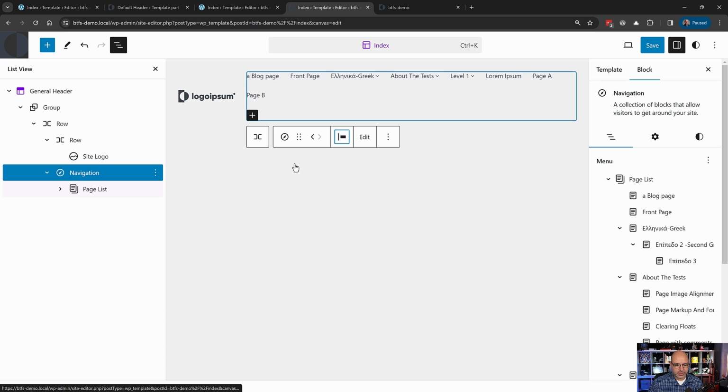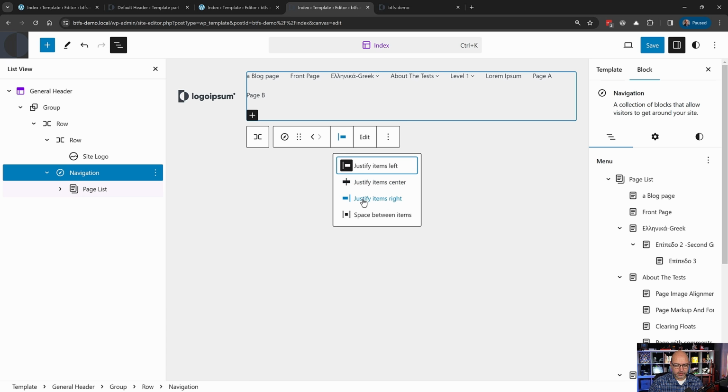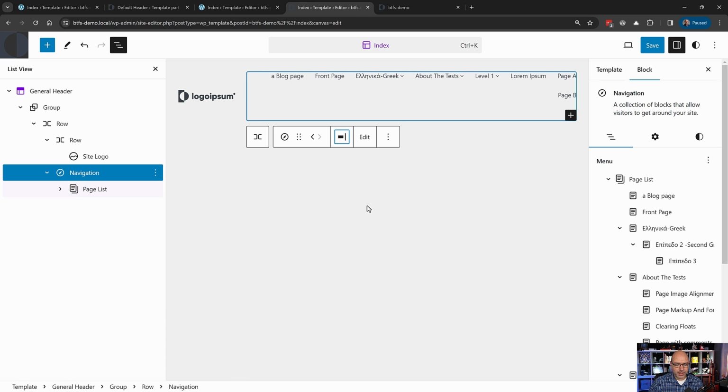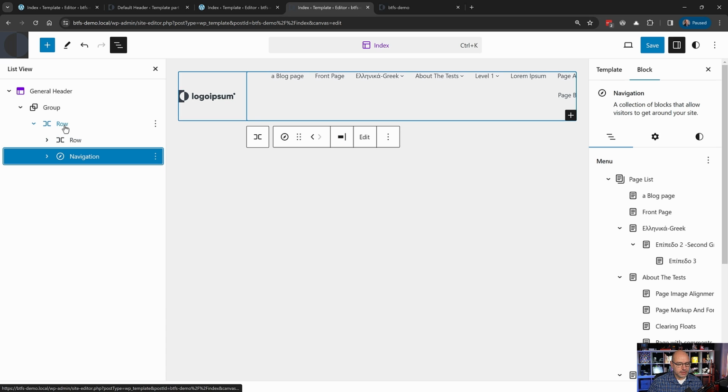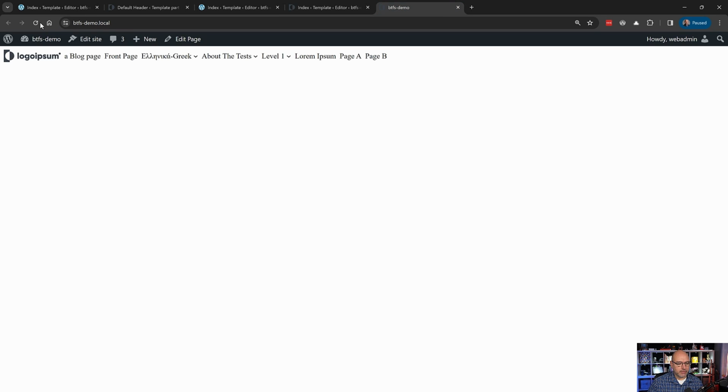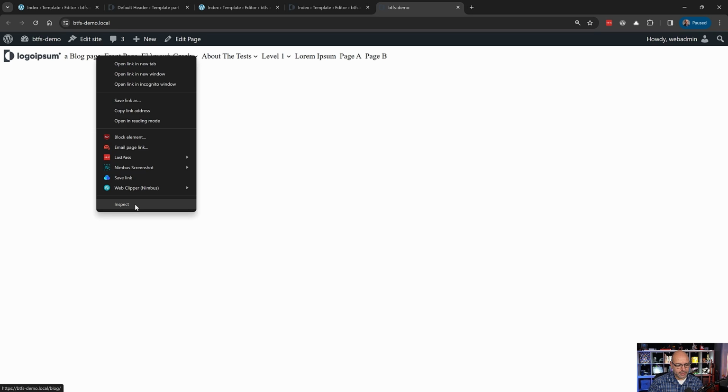And for that, we're going to choose navigation, and I want to change the justification for that to justify items right. But that's not going to quite do everything we want for us because, let's save this, and I'm going to show you what's going on. I come back here and refresh. You see it still hasn't done anything. If I take a look at it inside the inspector,